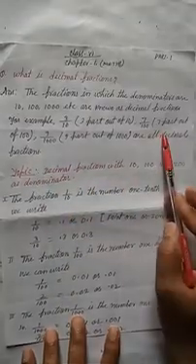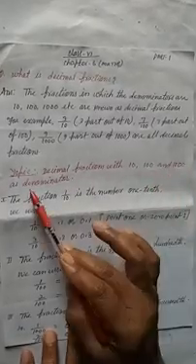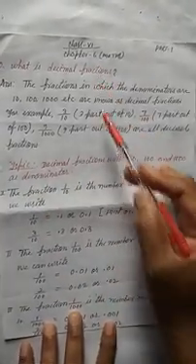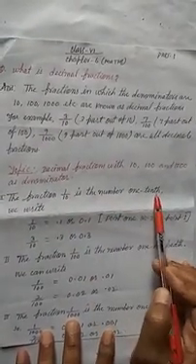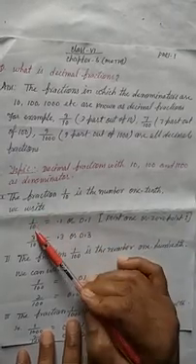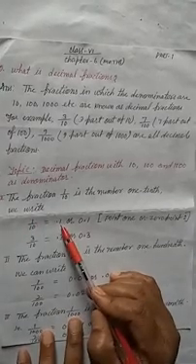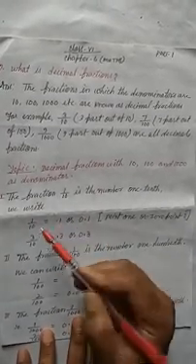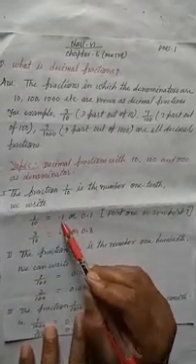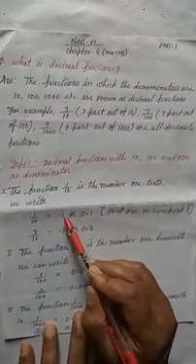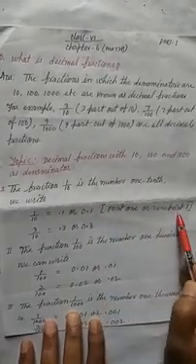Is it clear? Now see the next topic, decimal fractions with 10, 100 and 1000 as a denominator. I have just explained above. Now the fraction 1 upon 10. How do we change this fractional part into a decimal part? Here in the denominator there is 10, so we have to put the decimal point before one digit. So here is 1, so we can say 0.1.